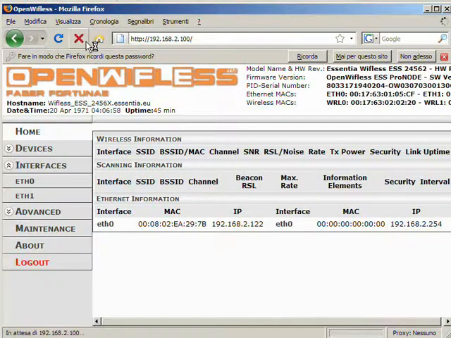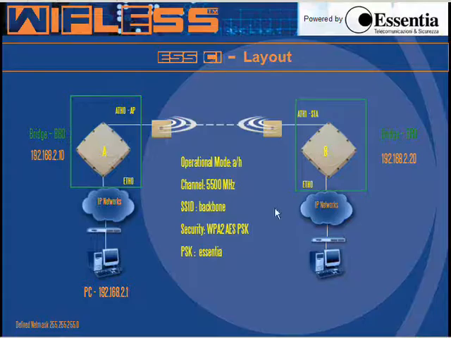Layer 1. Layer 1 is the union of the three passages A, B, and C. A, configuration of physical interfaces. In this case, we are using wireless 1 radio port. So,